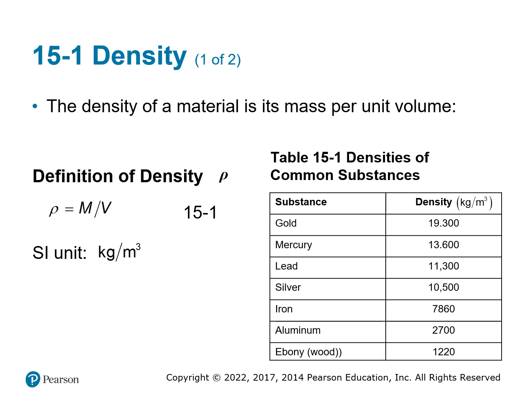So, first things first, we have to know the definition of density, which is the mass per unit of volume. So density is represented by rho, which looks like a little p, and it's the mass of the object divided by the volume. For this class, it'll be measured in kilograms per meter cubed.